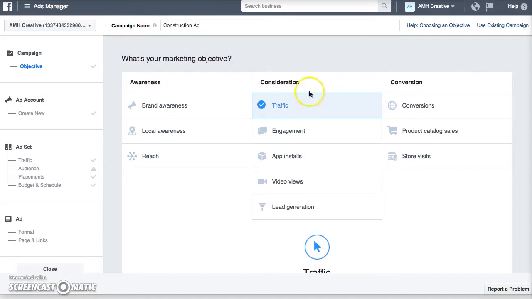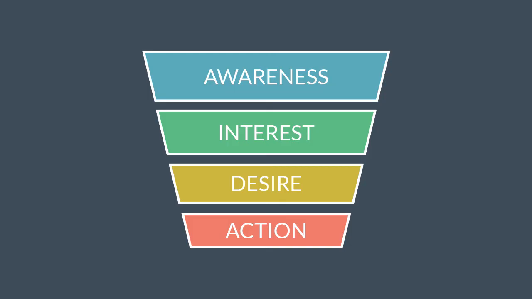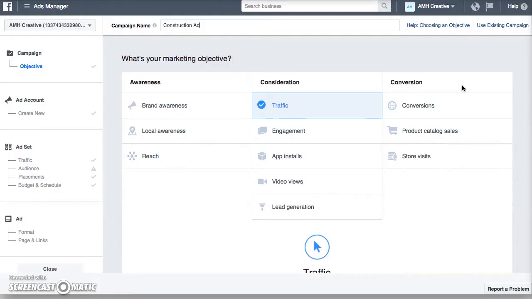And you see it says awareness, consideration, and conversion. And that's really important because I mentioned earlier about the sales funnel. And so in this example, you look at the funnel like this, where it's awareness, interest, desire, and action. And that can correlate over here to the marketing objective, because what you've got to do is